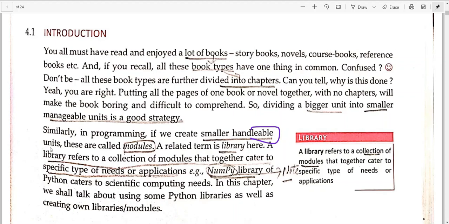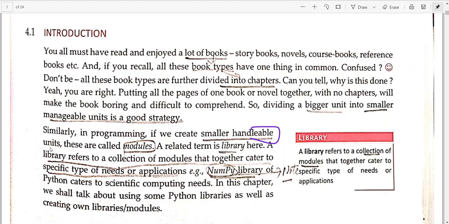This concept will be better understood when we are designing a project. When we design a project, that project will include several parts, and these parts will be known as modules. And why are we making parts? Because if we try to do everything together, then it becomes difficult for us to manage.